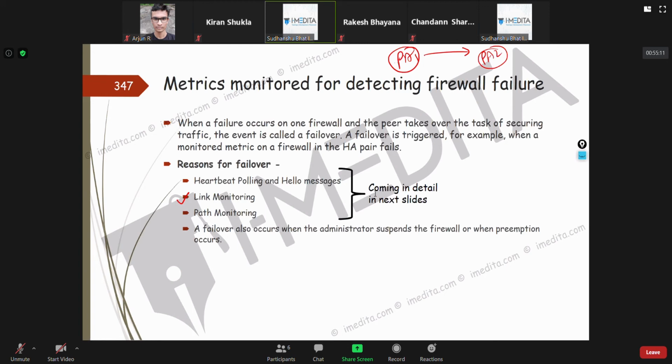Once you have HA configured, you have a button to go on the active firewall and select suspend to check failover. In that case, nothing else is checked. Heartbeat, link monitoring, path monitoring are not checked. It directly checks that the administrator has put the firewall on suspend.